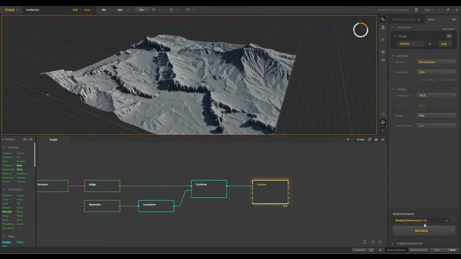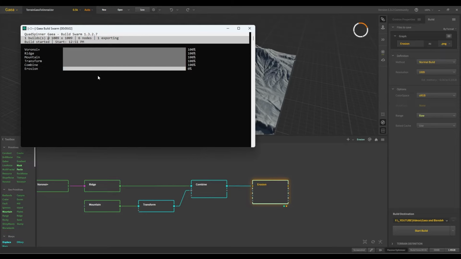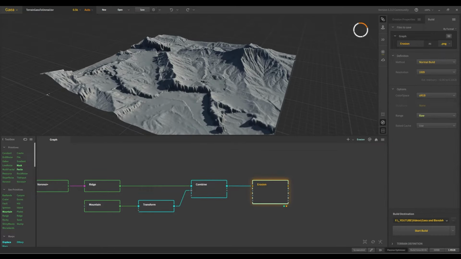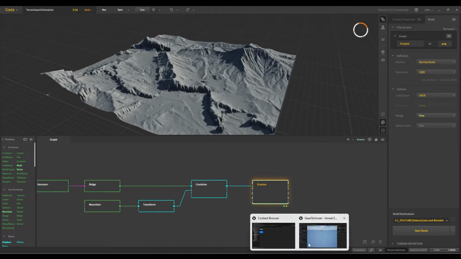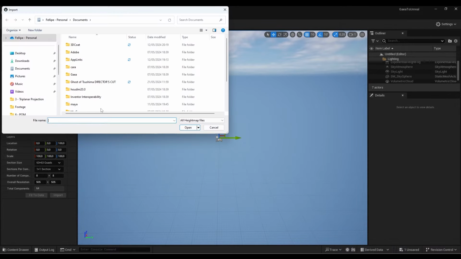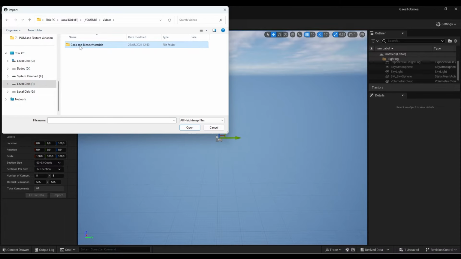And here in the build destination, we just need to choose a folder to save our build. Then I'm gonna hit save, and in a few seconds it's gonna generate our Heightmap. Nice. Gaea already exported our Heightmap, so we can go back to Unreal and import from file over here in the landscape and choose the Heightmap. So I need to go where I saved my Heightmap,